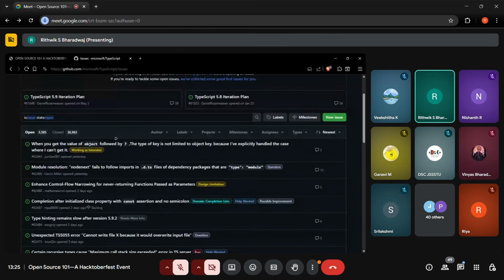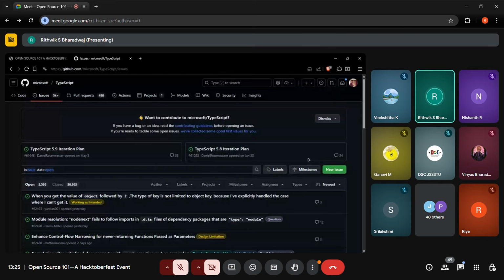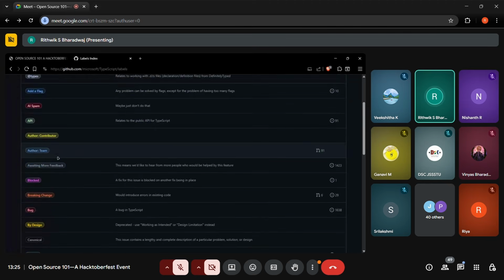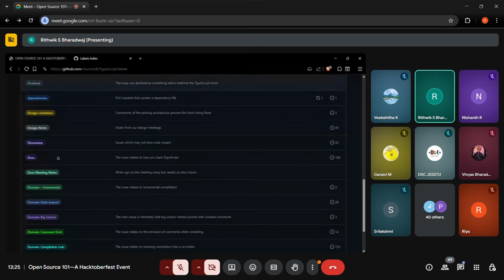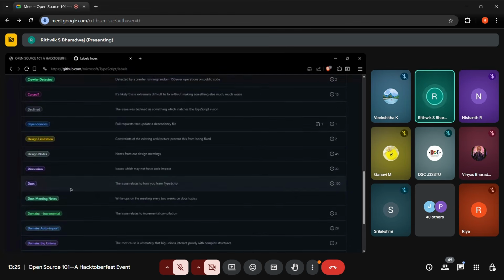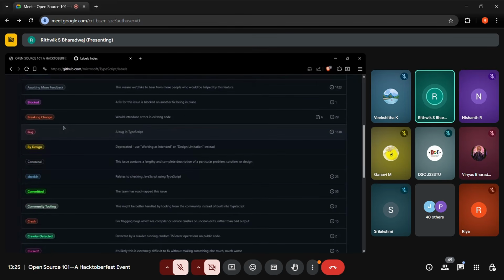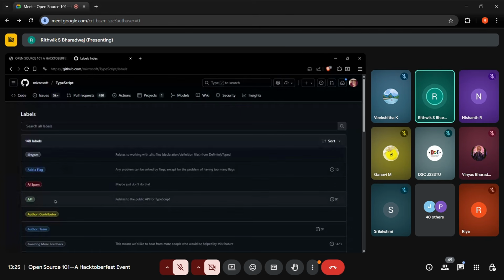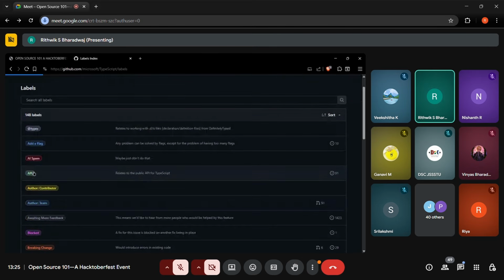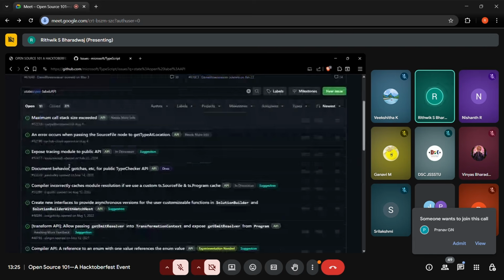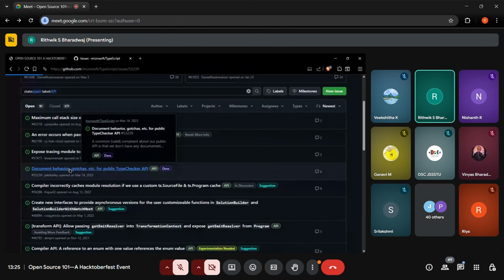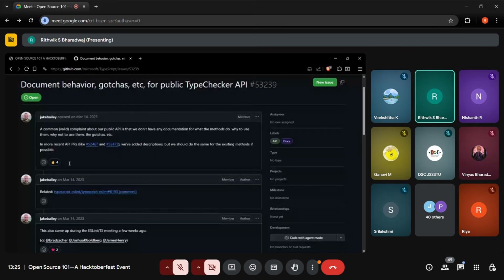And over here, you can see, I can go to these labels, right? So I can come here and I can find specific issues that I want to contribute to. In many of the repositories, by the way, there'll be classification in this as well: beginner level issues, intermediate level issues, advanced level issues, and you can choose based on that. These are based on the type of bugs. So public API type issues, I can click on this and all of those will be these kinds of issues. And so I can go to a particular issue and I can view the discussion.